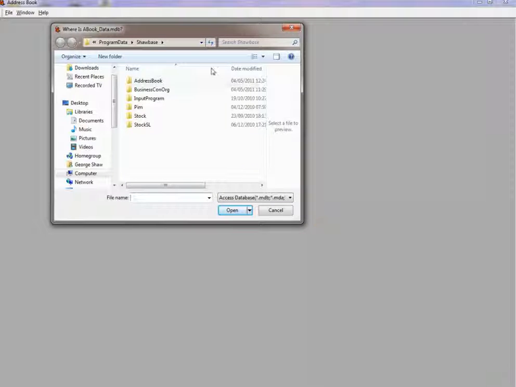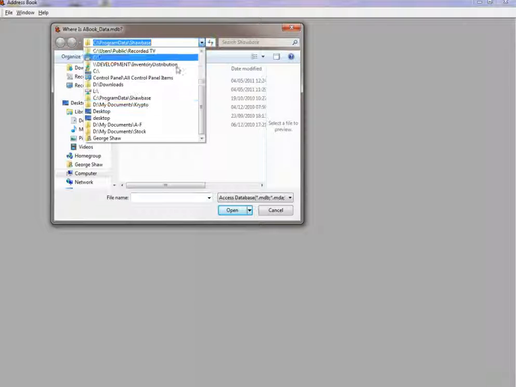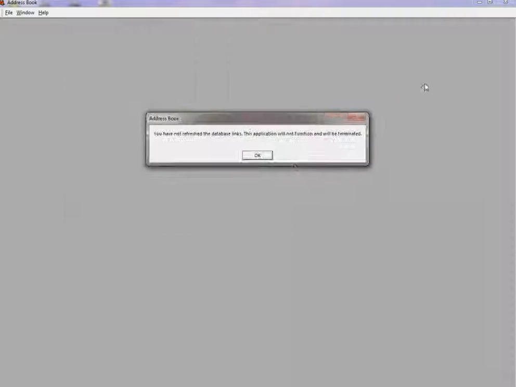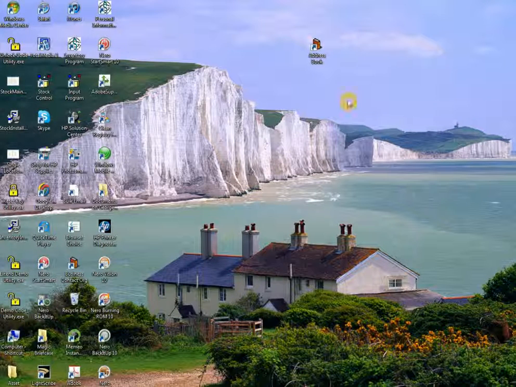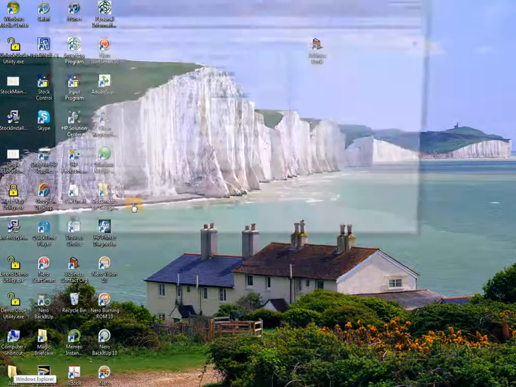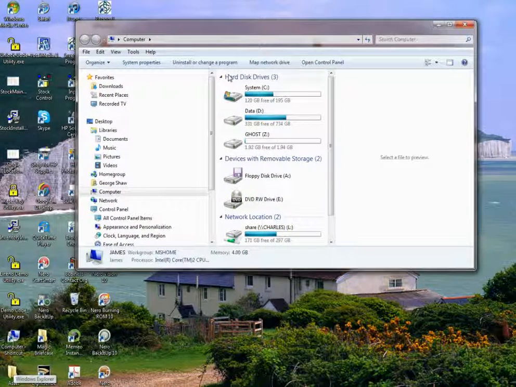If we try and go to the directory now, so if we start with the C drive on this machine, we then know that the next directory was Program Data, and notice that you cannot see it in the list. So if we cancel out of this, ignore any error messages, then this is the optional extra step for Windows Vista and Windows 7. First of all, go to My Computer or Computer,